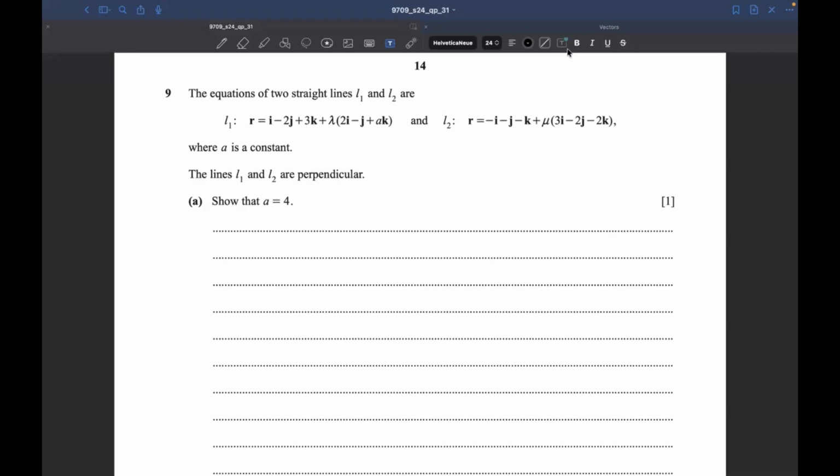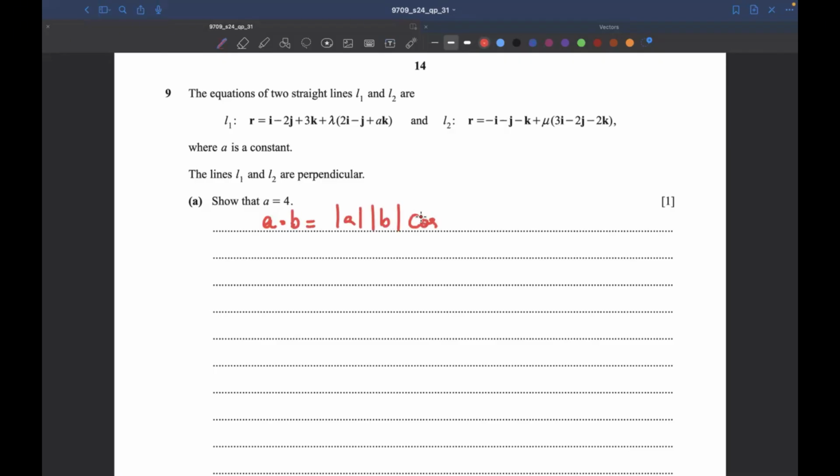In question number 9, the equations of two straight lines are given. The lines L1 and L2 are perpendicular. We have to show that A is equal to 4. Now, if two lines are perpendicular, when we apply the scalar product, so when we write it down,